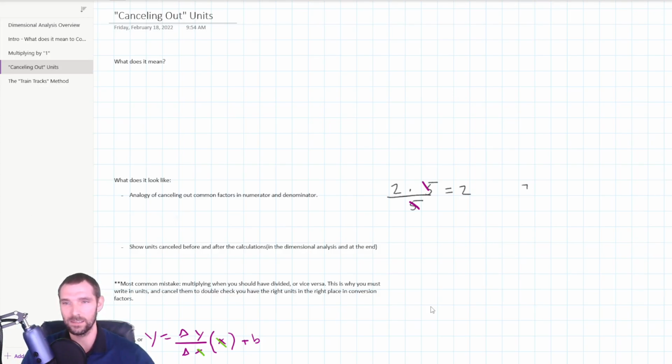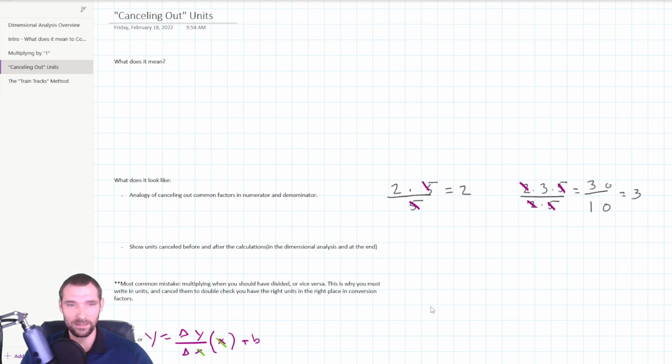Like if you had 2 times 3 times 5 all over 2 times 5, you can cancel out the 2's and the 5's and get just 3. And let's just work it out just to prove it to y'all. So we've got 10, and then we've got 2 times 3 is 6, times 5, that would be 30. Yep, that's my 3 right there. We could have canceled out our units right from the beginning right here